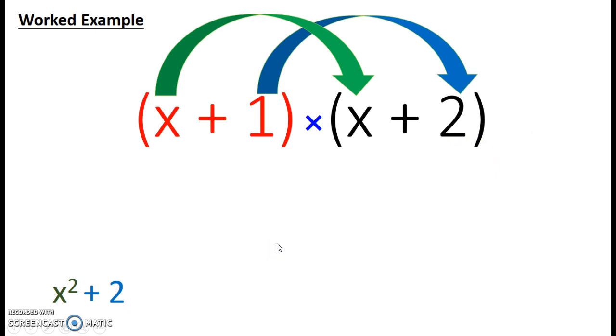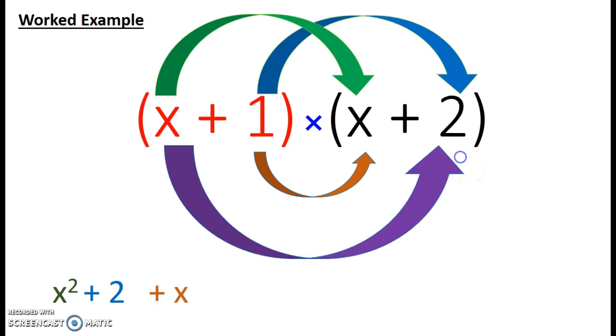The next thing I'm going to do: we've got two pairs that we still need to multiply. I'm going to multiply the number 1 in the first bracket by x, which is 1 times x, just x. And the next thing is the x and the number 2 in the second bracket, which will give you 2x. So this could be a little bit complicated, but try to get used to drawing these